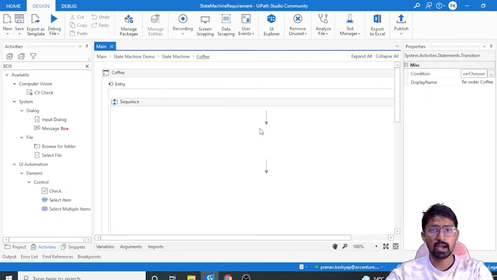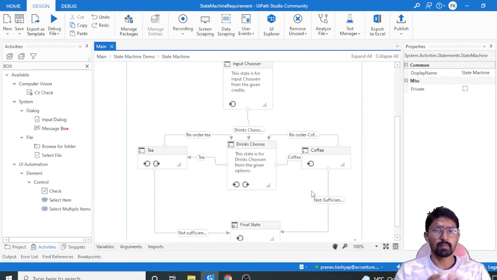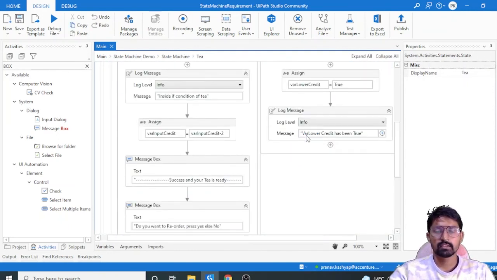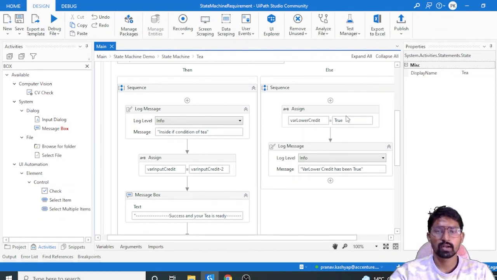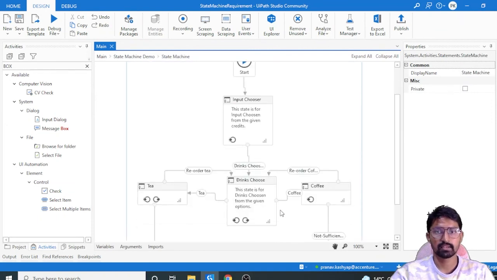So now at least we are on the right track, where we have taken all the requirements of our business. When we have to reorder, we have to move here again. But one thing we miss here is a condition like when the account balance is low, then definitely it needs to come to this final state. So we have to include that also in our insufficient transition. How to do that? Since we already said, if you make this lower credit variable true, you can use this condition here in your state machine like this,